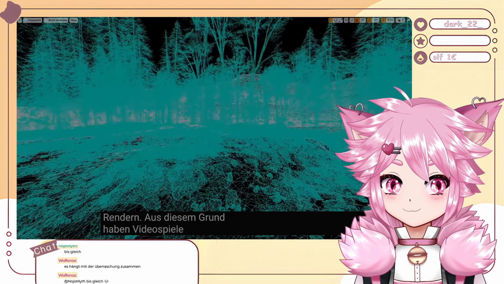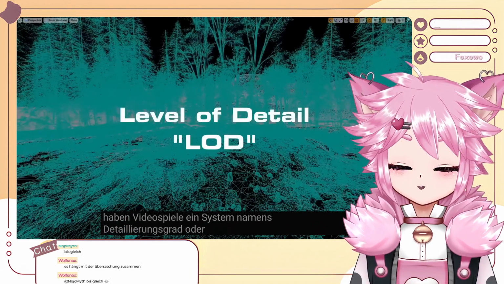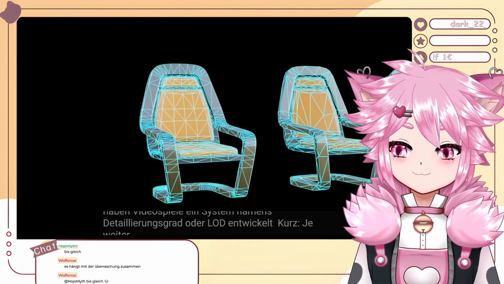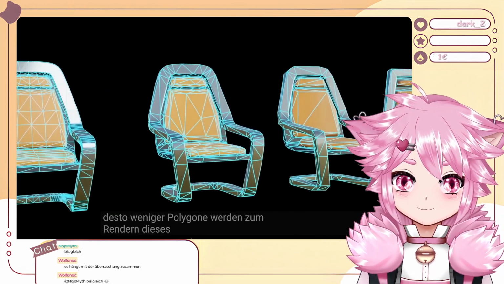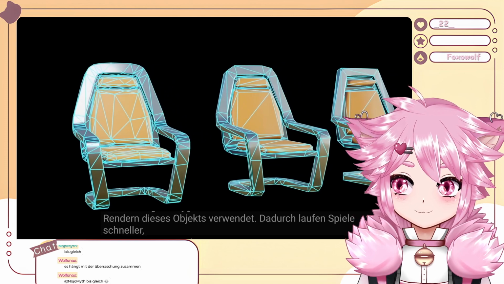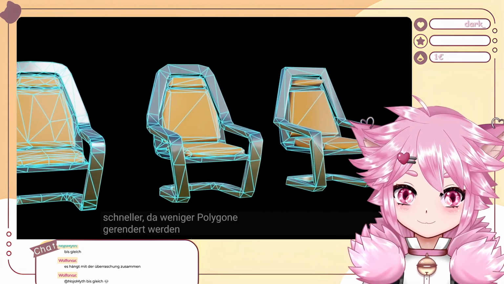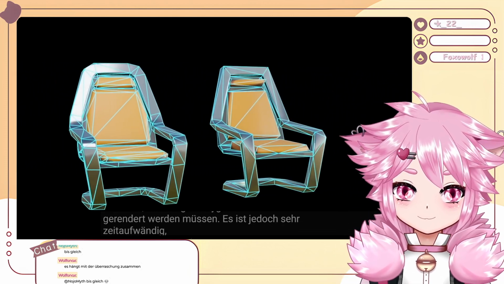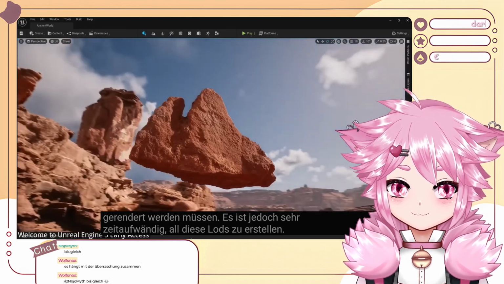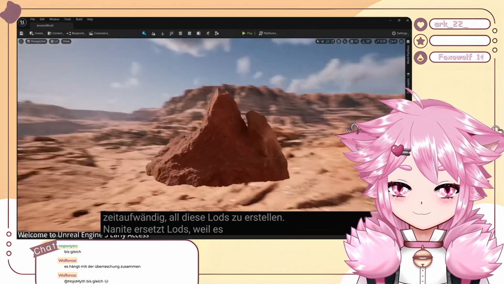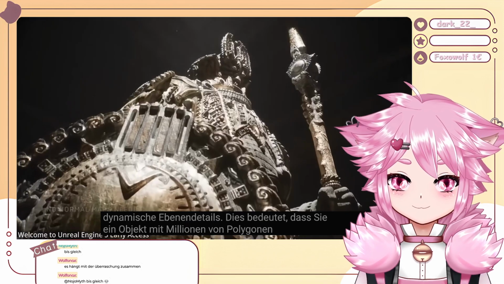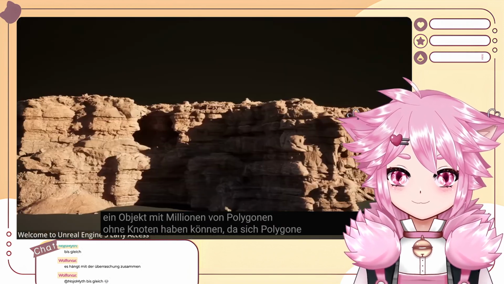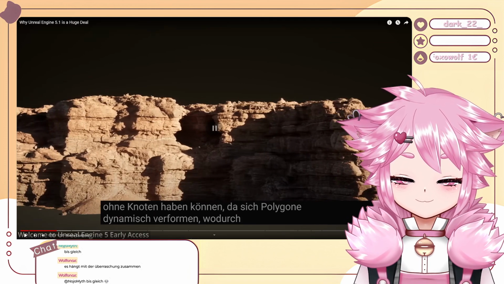This is why video games have developed a system called level of detail, or LOD for short. The further away an object is from the camera, the less polygons it will use to render that object. This makes games run faster since there's less polygons that have to be rendered, but it is very time consuming to create all those LODs. Nanite replaces LODs because it uses dynamic level of detail. This means you can have an object with millions of polygons without any LODs because polygons dynamically deform, lowering the